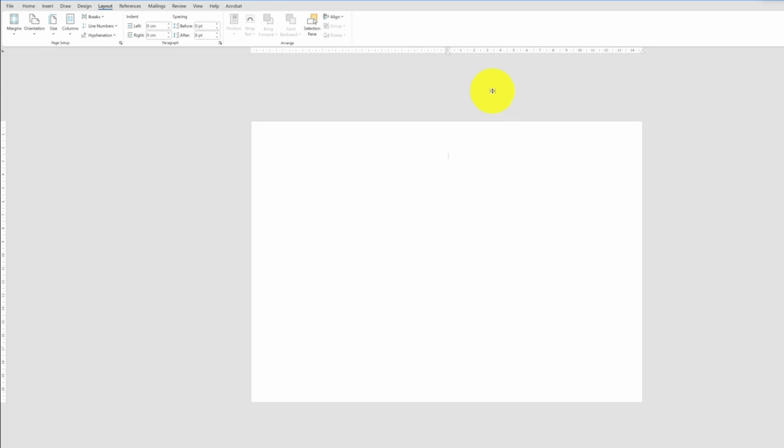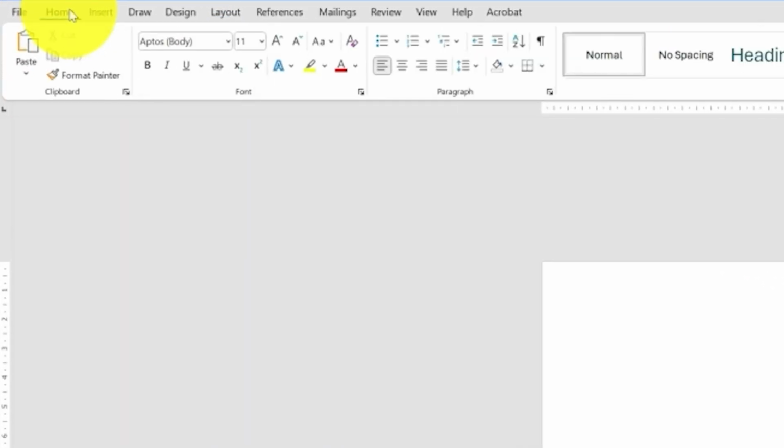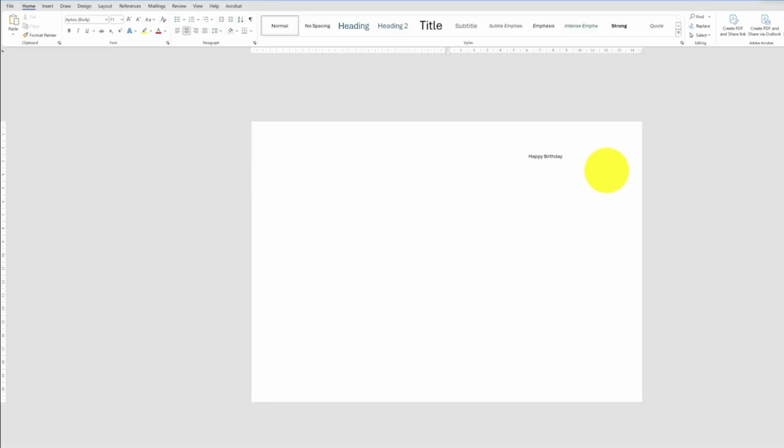Now, just to show you what you can do, I'm going to type happy birthday, and I'm then going to center that by going to my home menu and clicking on the center justification button. Then I'm going to drag my mouse across it to highlight it. And once I've done that, I'm then going to click on my